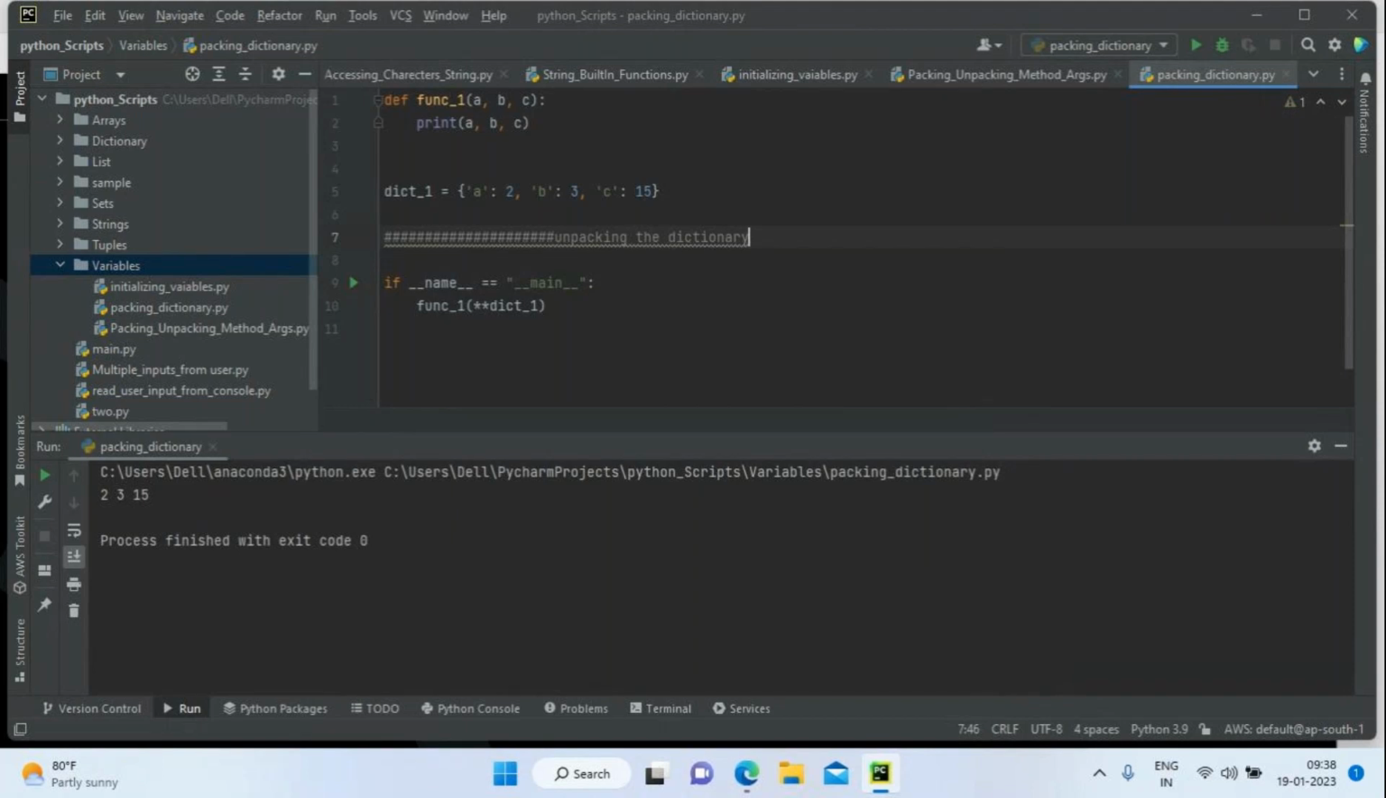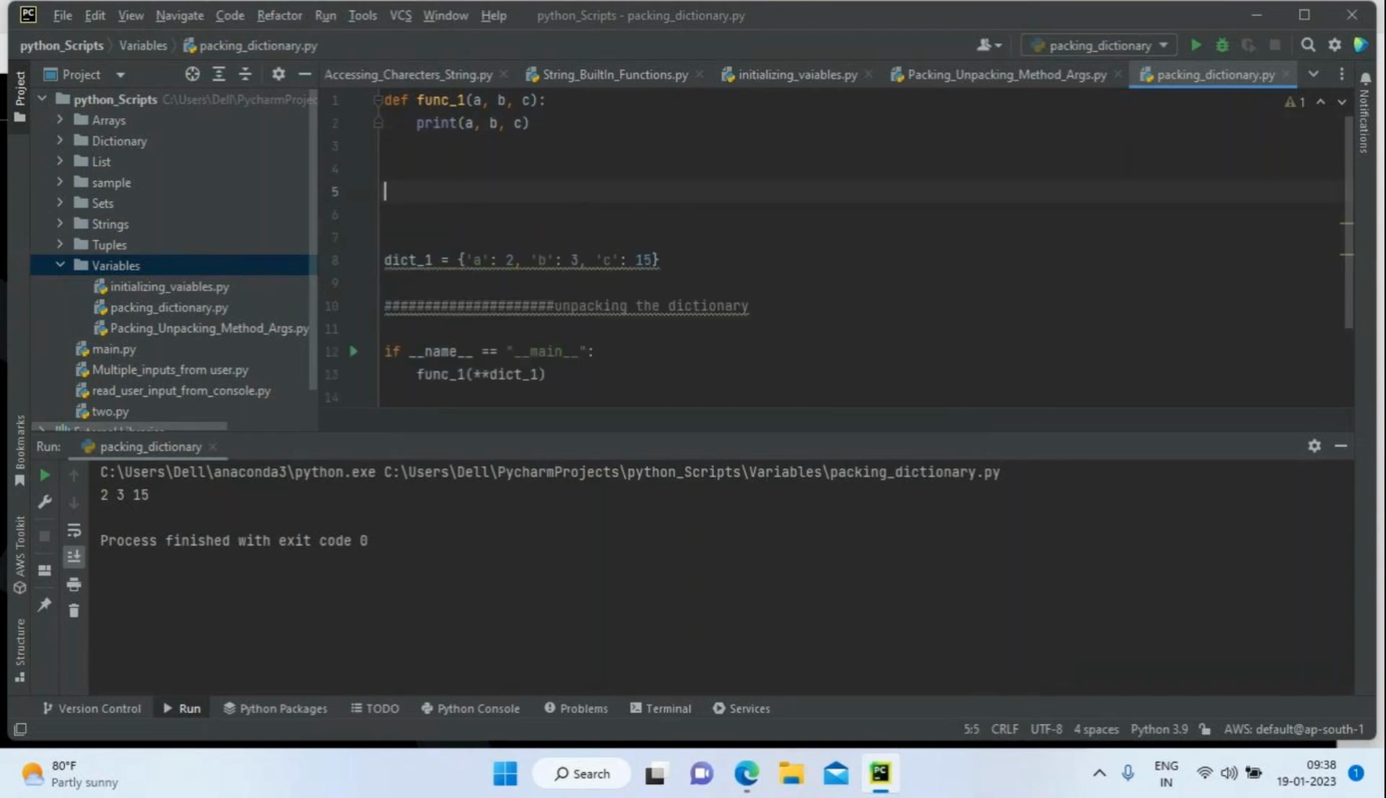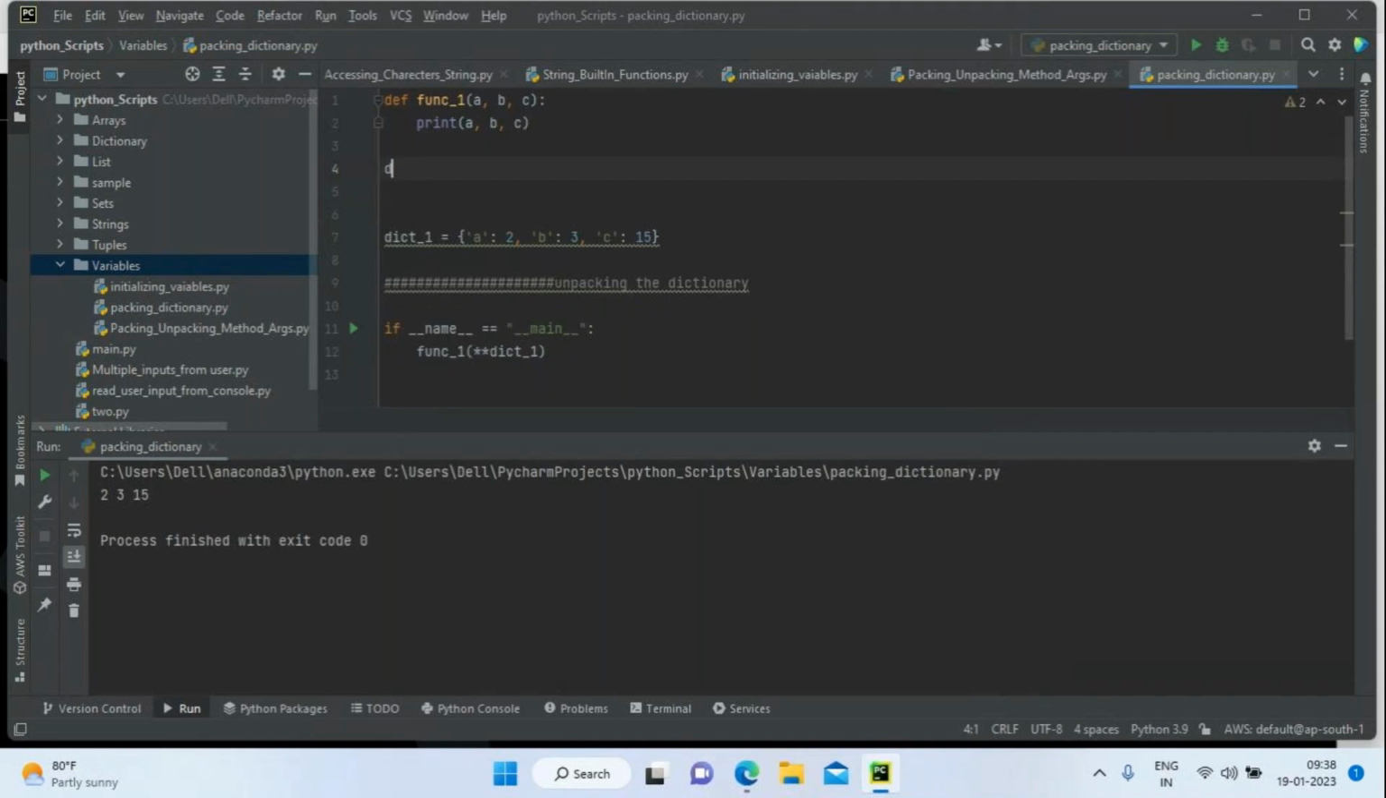Okay, can you help me out in packing? How to do the packing? Just define the function name as function_2, and then I'm going to do the packing. Okay, going to the dictionary, I can use two asterisks. I don't know how many arguments are going to come to my function. That's why I'm putting asterisk args, and then